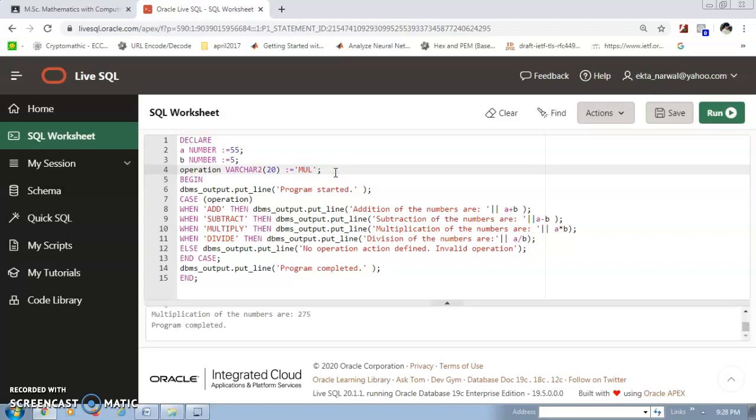Yes, we can do this also. I said MULT, and MULT is none of my expressions. So when I run it with this, see, I run the program, but what is this? It is saying no operation action defined, invalid operation,